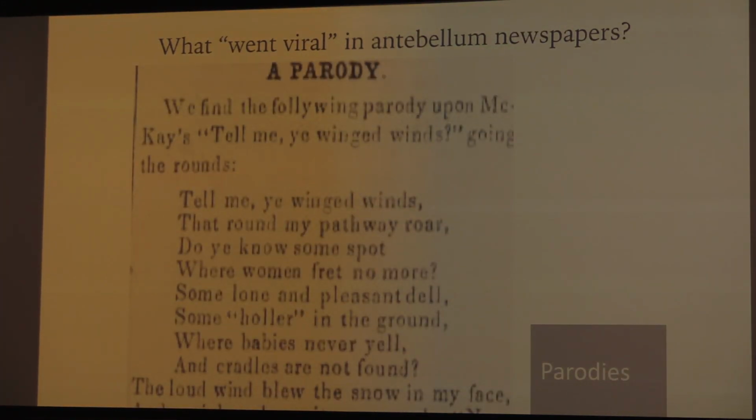All right, as today, if something gets really popular, then it gets parodied, right? So the Charles Mackay poem was popular enough that we've also found clusters of parodies of the Charles Mackay poem and then parodies of the parody of the Charles Mackay poem that also circulated. It became this odd dispute between the sexes. There was a version about bachelors and then a version that women wrote in response to the version about bachelors. It's really fantastic.